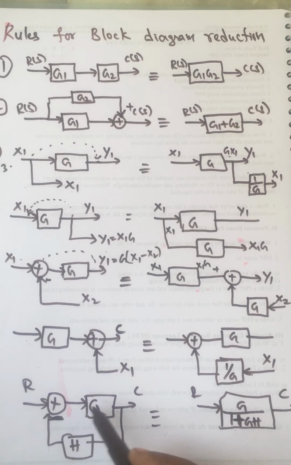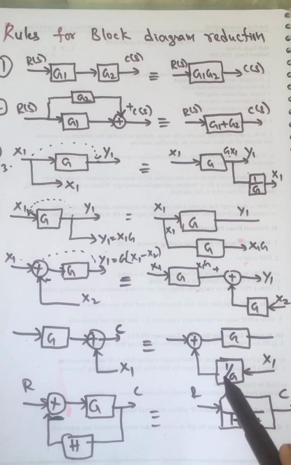Now for example, take this simple feedback path. In the forward path we have g, and in the feedback path we have h, and this is negative feedback. So this will be replaced with the gain equal to g by 1 plus gh. This is the formula. If you have positive feedback, in the denominator we should get 1 minus gh. If it is negative feedback, it should be replaced with the forward gain, that is g, divided by 1 plus the loop gain. What is the loop gain? g into h. So it is g by 1 plus gh.